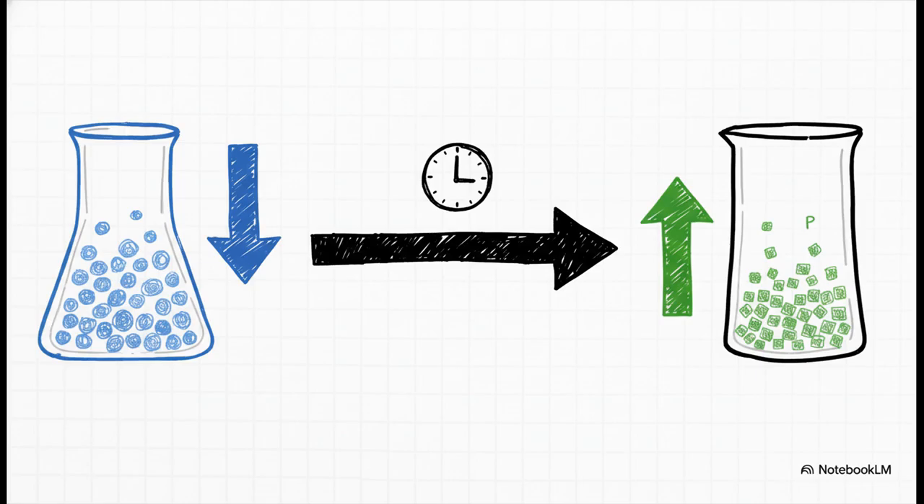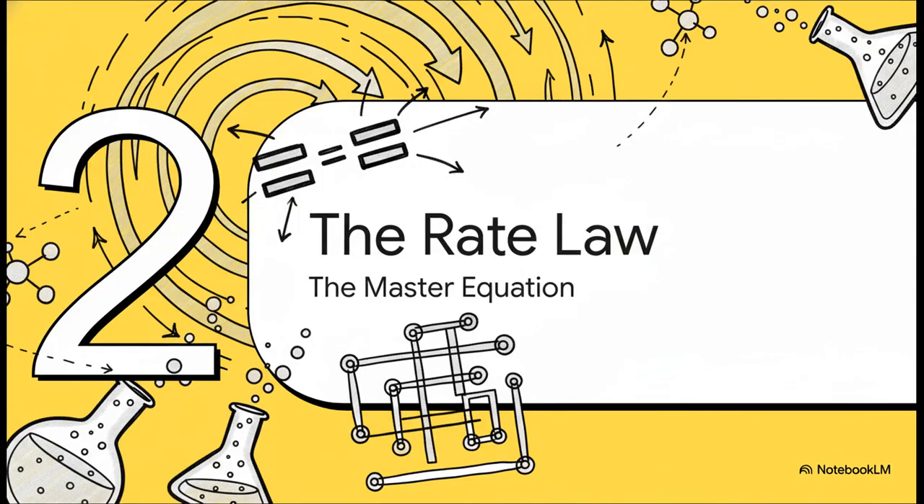So let's imagine a super simple reaction where reactant R turns into product P. We can actually measure the speed in two different ways. We could watch how fast the reactant R disappears, or we could watch how fast the product P appears. Either way, we're measuring the rate of the reaction. Makes sense, right? Okay, now we are getting to the absolute heart of chemical kinetics, the rate law. This is the master equation. It's the mathematical rule that tells us exactly how the speed of a reaction depends on how much of the